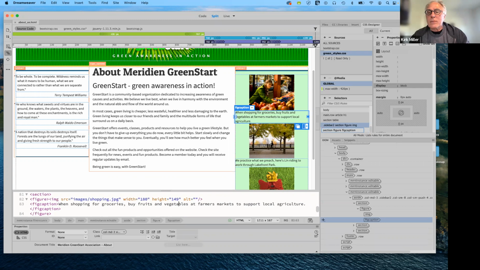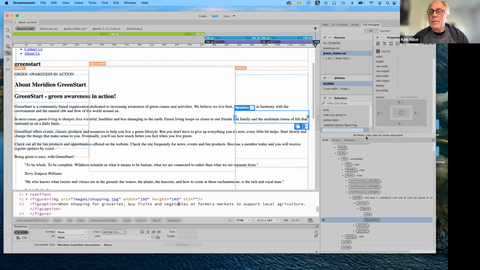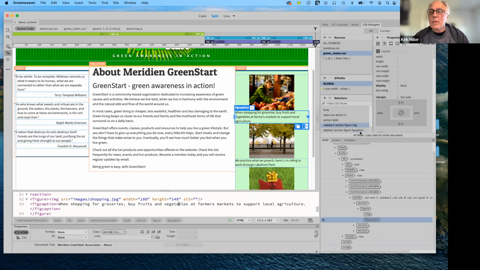I have to remember to add sidebar 2, space, section, figure, fig caption, okay? Hit the return key. I believe everything is spelled correctly. There we go. Okay. So the only thing that we need to do with this now is margins, because